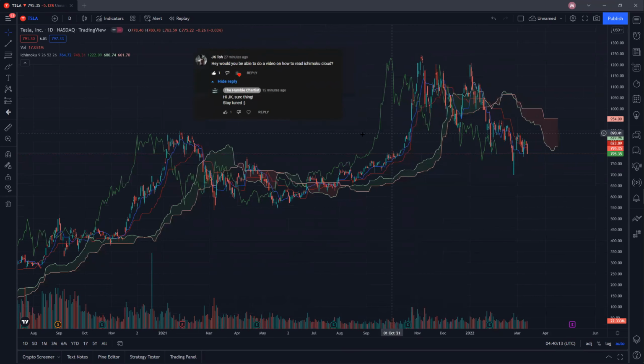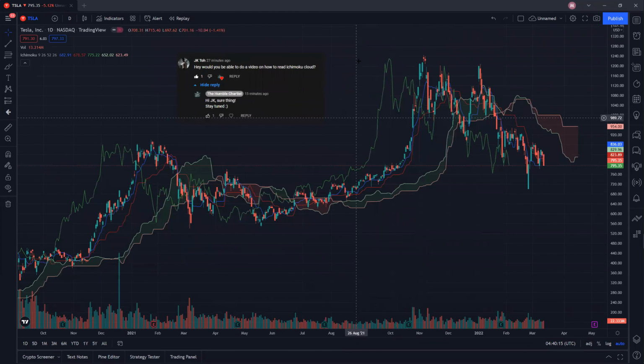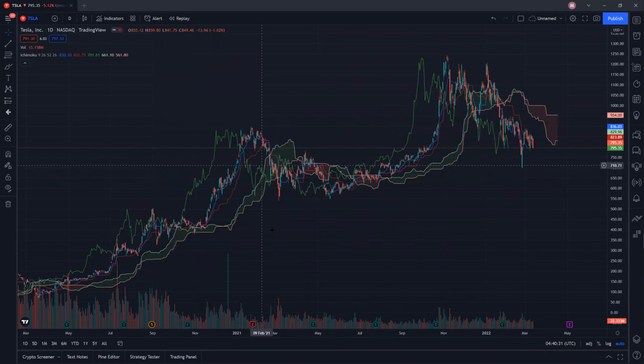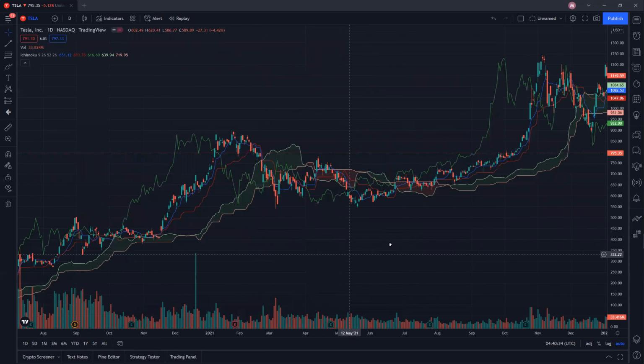So anyways, this was a request by JK To. He asked how do you actually read Ichimoku Clouds? Actually, this Ichimoku was invented by a Japanese trader, so that explains his name. So okay, without further ado, let's go into what exactly these clouds are and how you use them to your